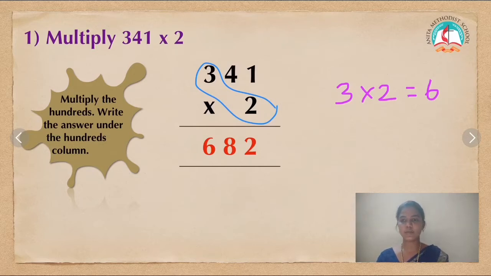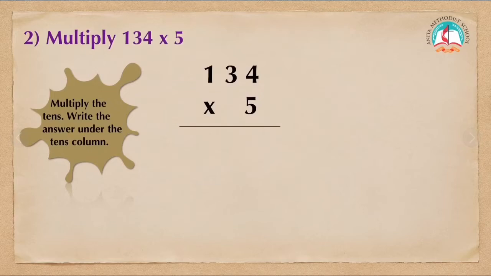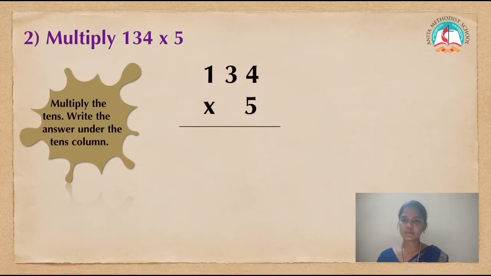So let's move on to the bigger number. So using carry over, how to multiply we are going to see now. Okay, so similarly write the numbers first, draw the line. So what is the first step? First we need to multiply the ones place. Okay, so we need to multiply the ones place with the given digit. So in the ones place I have 4, then the given digit is 5. So I need to multiply 4 and 5 here.